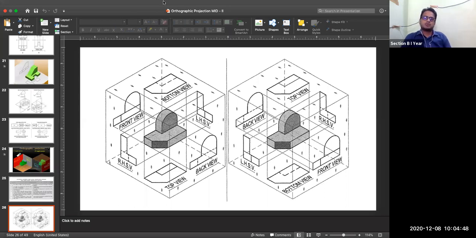Along with this Canvas, what you need is one scanning application. It can be CamScanner or Adobe Scan, whatever. That I'm leaving up to you. I hope you all know how to scan documents using these mobile applications. Whatever you draw, you can simply scan it. It will get converted into a PDF file, and that PDF you have to submit there in the Canvas. This is how I can accept the classwork submission.